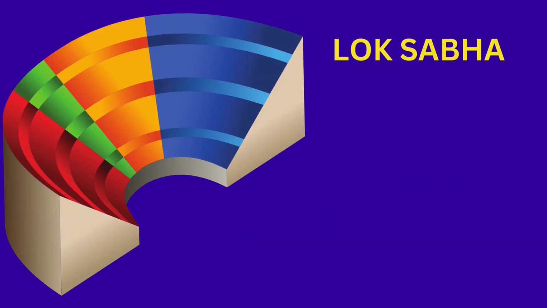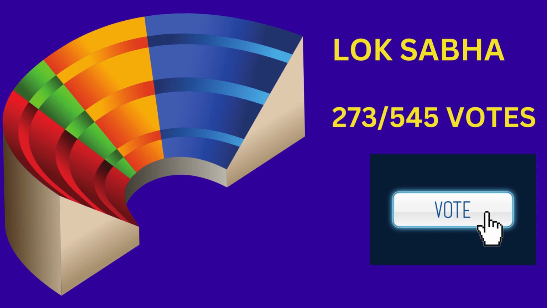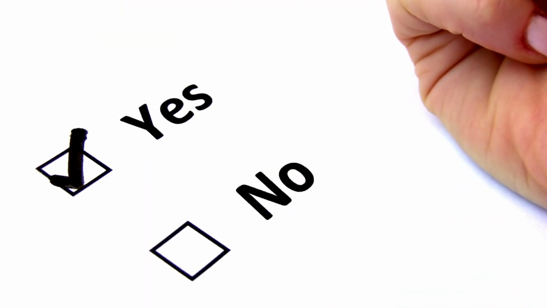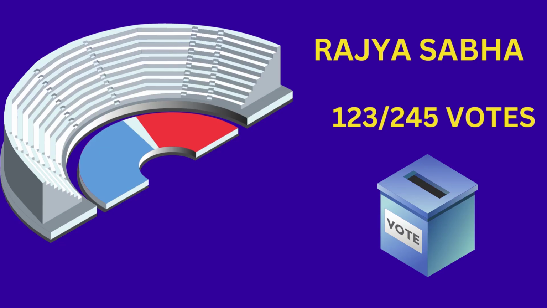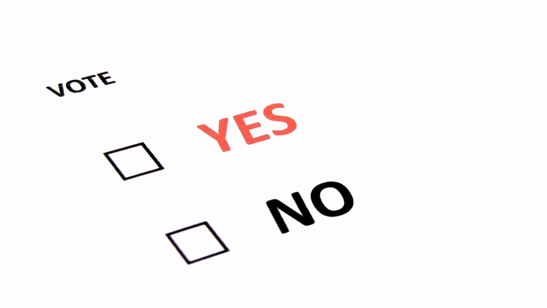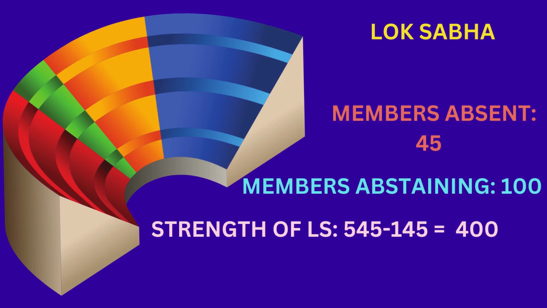That is, if we presume that all the 545 members of Lok Sabha are present, then at least 273 votes are casted in favor of the bill in Lok Sabha. And if in the Rajya Sabha all the members are present, then 123 votes out of 245 are casted in favor of the bill. Now let's presume that out of 545 members, say 45 members are absent and 100 members